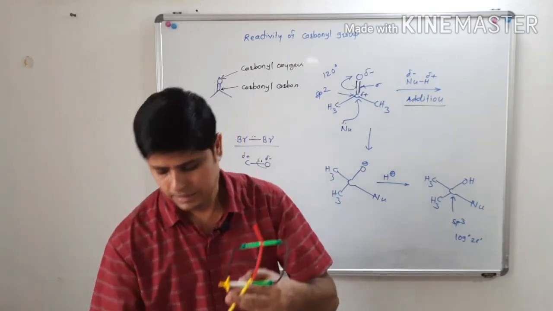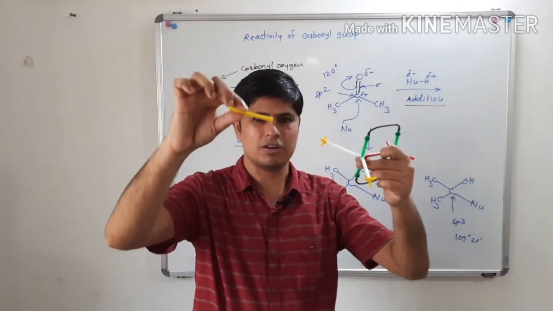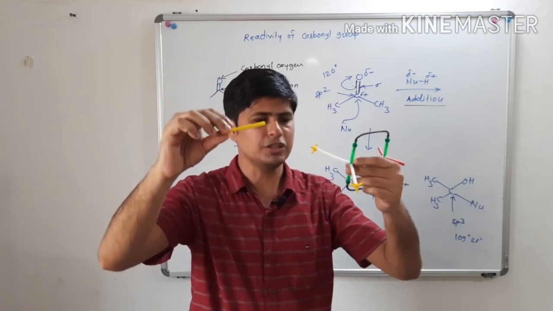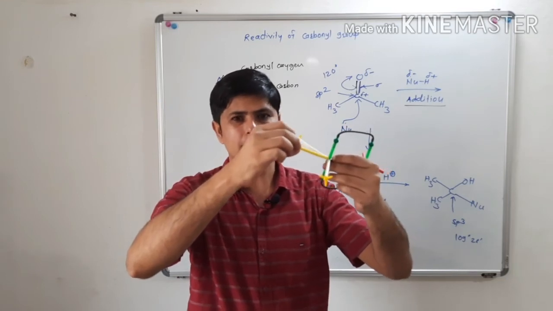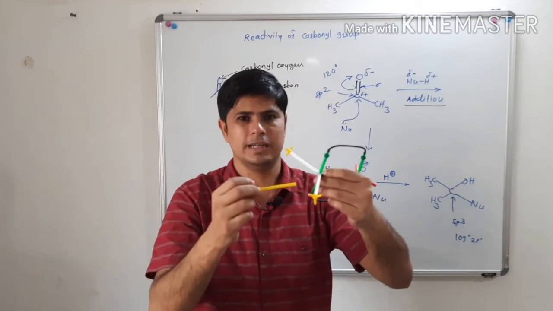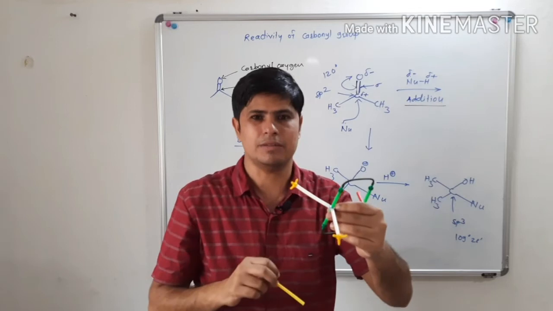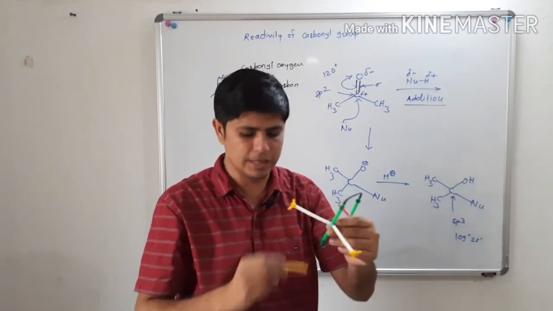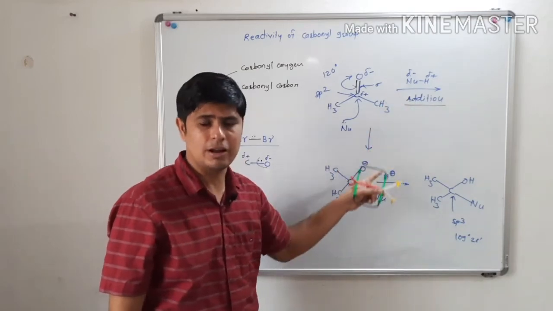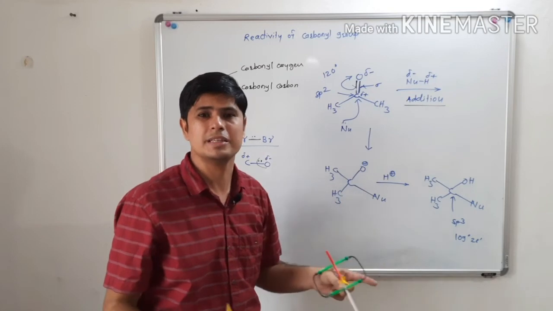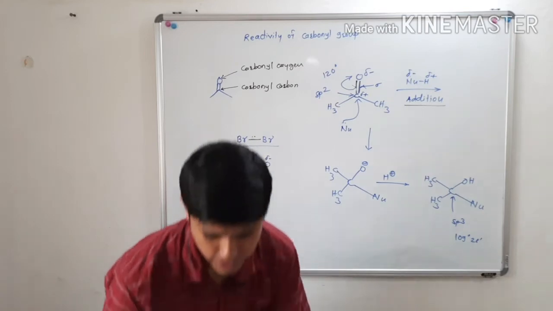So this nucleophile is approaching here. See, this nucleophile is electronically charged, that means it is having negative charge. So this nucleophile is approaching this carbon atom. When it approaches, it will break this pi bond, and that pi bond electron density will go over the oxygen atom, and oxygen will take proton from the nucleophile if it is having a proton, otherwise it will take proton from solvent molecule also. So in this way you will get